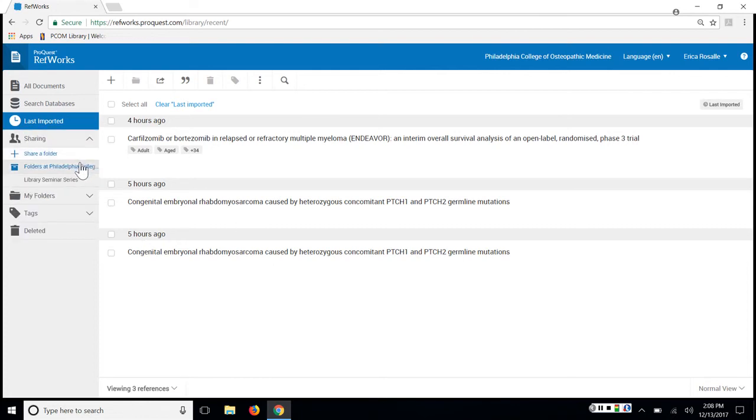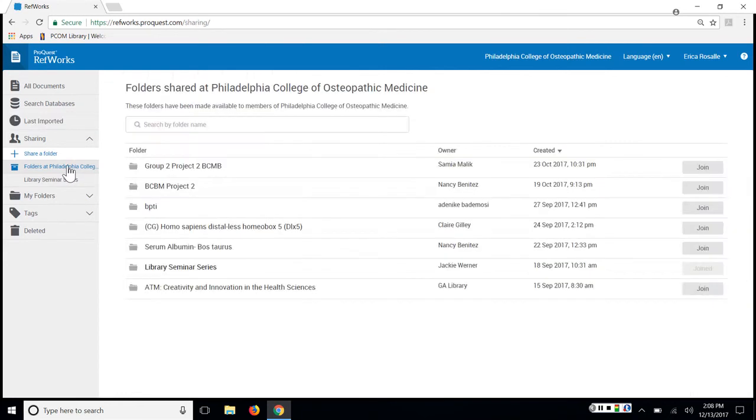Sharing, just briefly: if you wanted to see somebody else's research list or citation list, or you wanted to share your citation list with somebody else, this is one of the ways you would do it. That plus sign there will allow you to share any of the folders that you have in My Folders. Also, if anybody has shared folders with the greater college community, or with you particularly, you'll be able to find them in that list. You can see down here that I created a reading list for our last library event